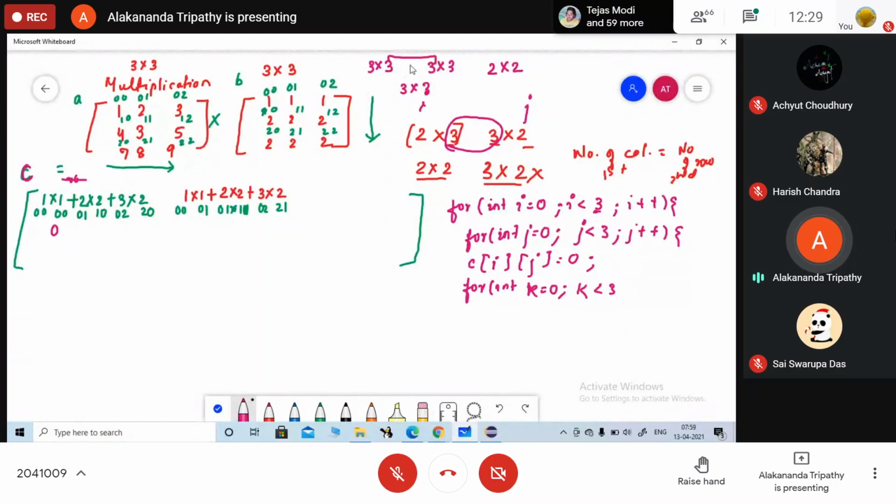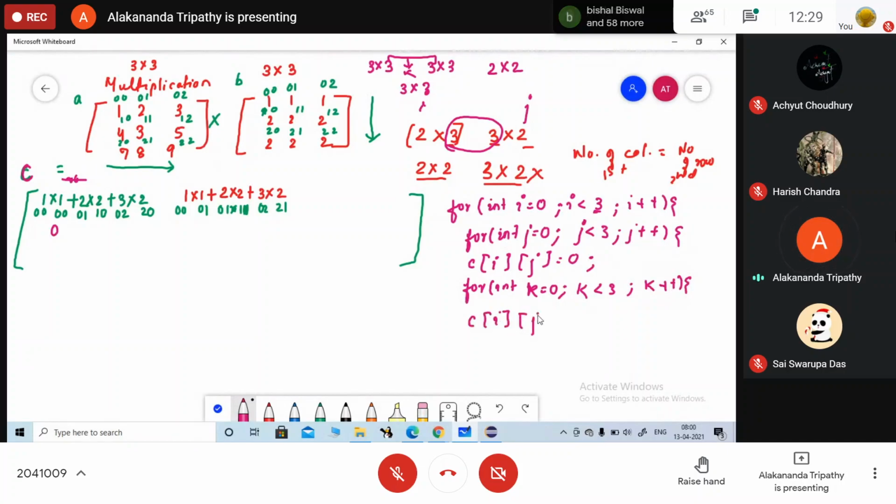So ये जो value है इसको हम लोग क्या लेंगे? K. So this is your K value. Either the number of columns of the first matrix or the number of rows of the second matrix. Okay, so for K equals to 0, K less than 3, K plus plus.